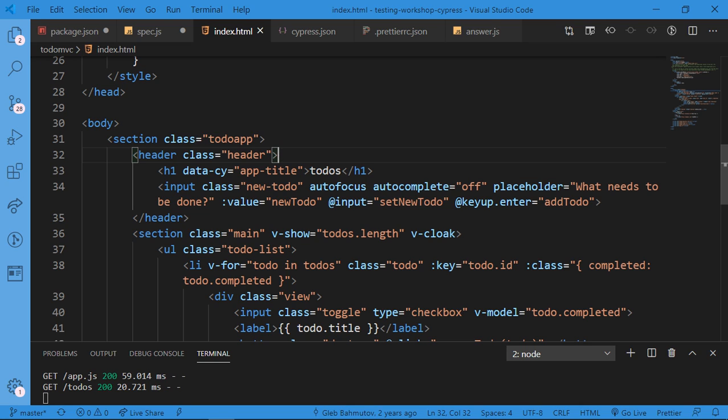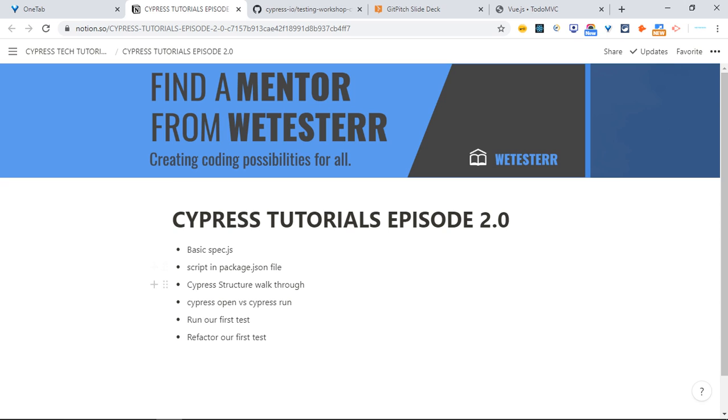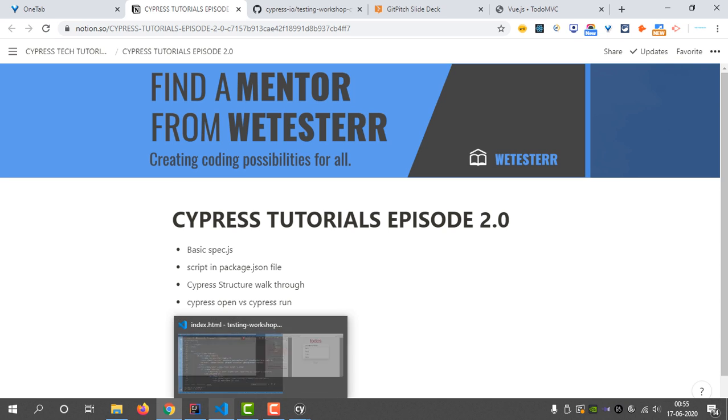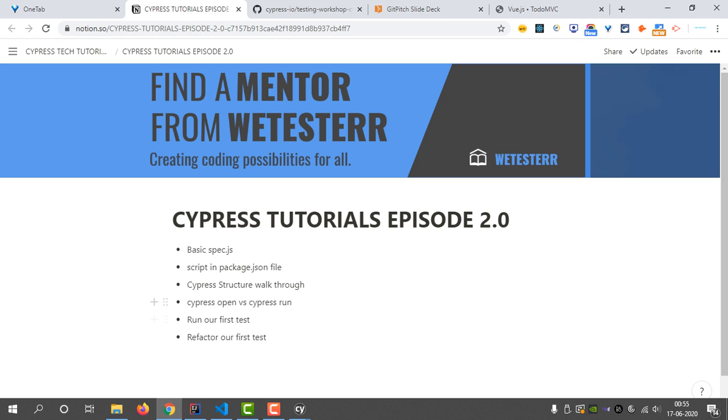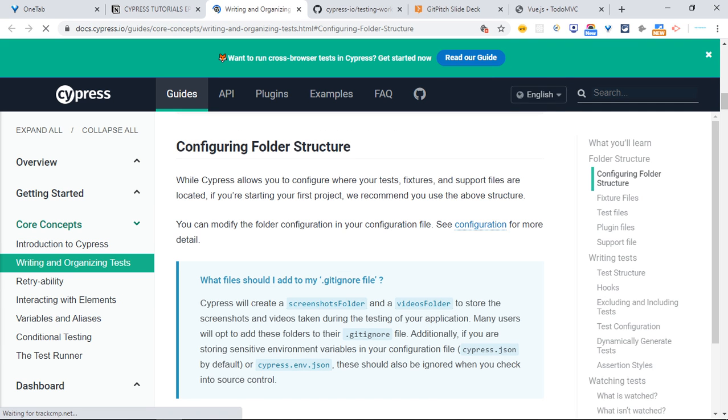So before that, we have two topics again. So, yeah, folder structure and these two commands. Yeah, okay. So again, if I talk about folder structure, let me go back to the documentation. Yeah, this is the link. You can see